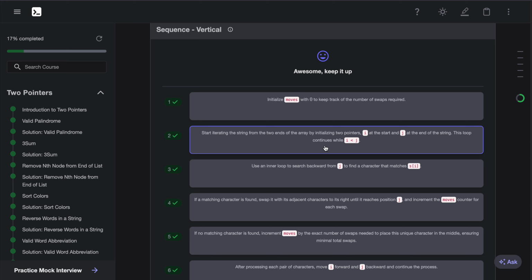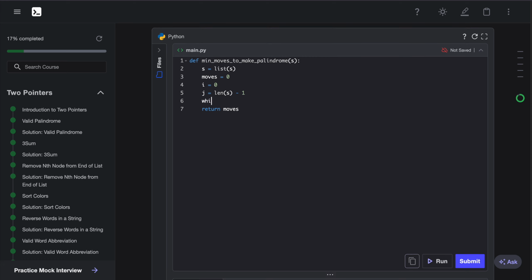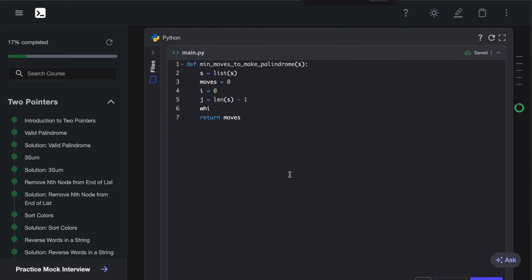So while i has not reached j, the end of the string. Let me increase my screen. While i is less than j, what we're going to be doing is